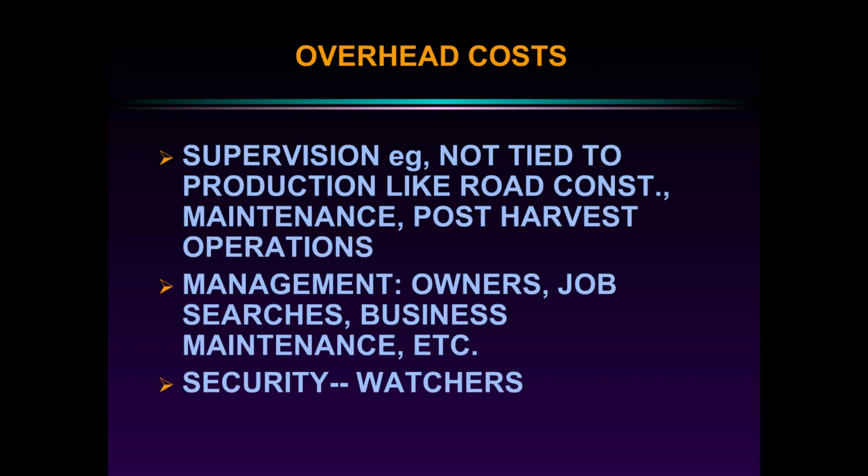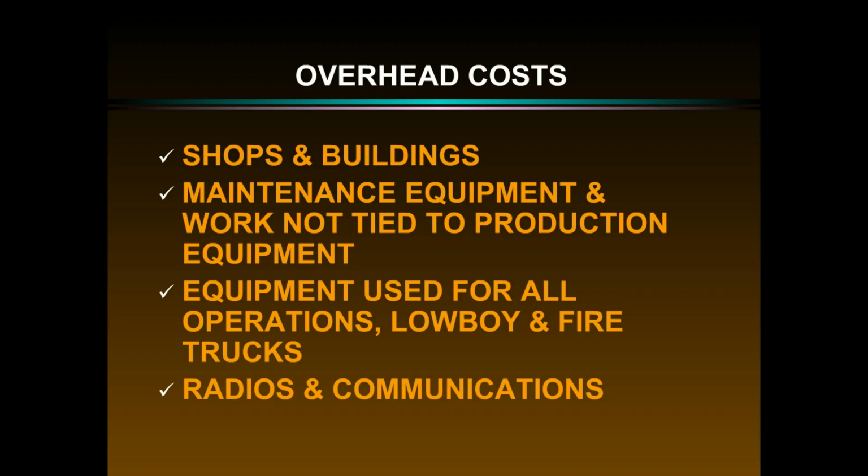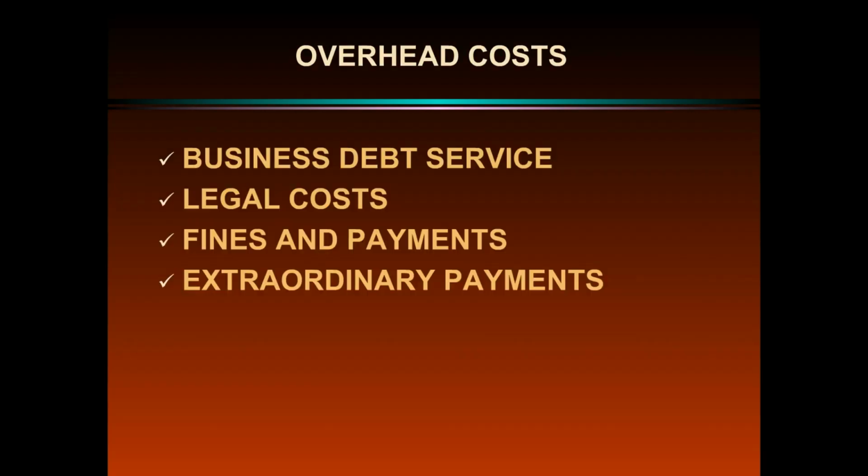The guys now have to put a security watch out there. You've got $1 million of equipment out there, and if it's not behind the lock gate, you'll find it shot up, burned up, or something if you don't have security. Shops, building, maintenance, lowboys to move the equipment, trailers that you have to have, are all part of this overhead cost. The business debt service that you have for your operation, legal costs, fines and payments,